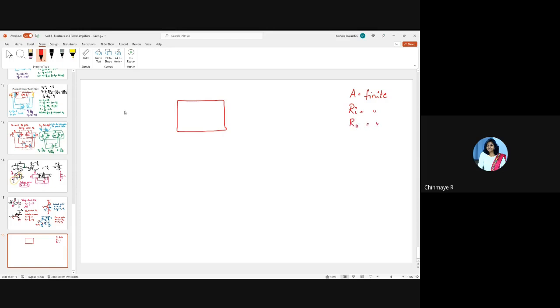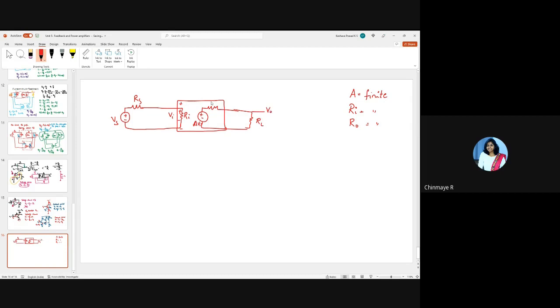So now, suppose I have a voltage source Vs. Let this be the resistance of the voltage source. So this is an op-amp now, right? You will have this input impedance, and this will be the amplified gain times Vi. So if this is Vi, that will be A times Vi, and this is the output impedance of the amplifier, and this is delivered to the load. We call this V0.